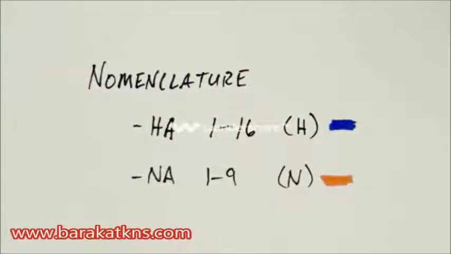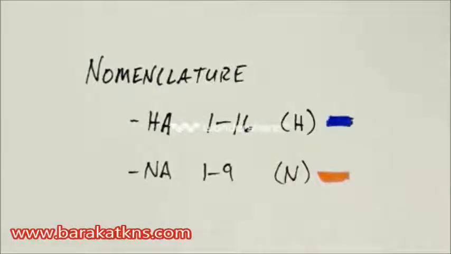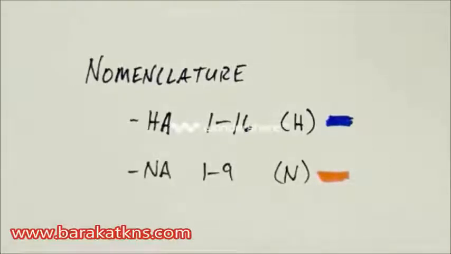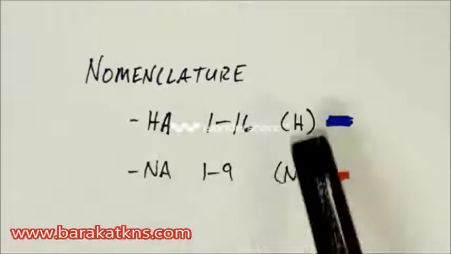So one of the important things to understand about influenza A is its nomenclature, or its system of naming. And primarily we look at what's found on the surface of the virus, what we call antigenic proteins. These are the sections of the virus that are found on the surface, therefore they are what's susceptible to our immune system. So we like to refer to them. The particular type that we're seeing today in the news is an H1N1 variety. There are two antigenic proteins. They are the H and N.